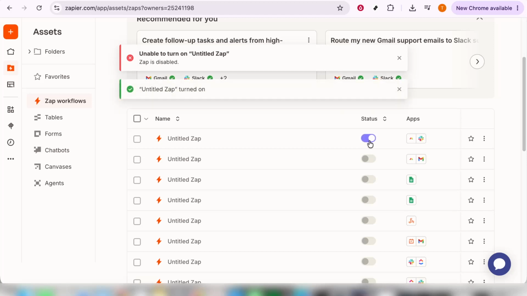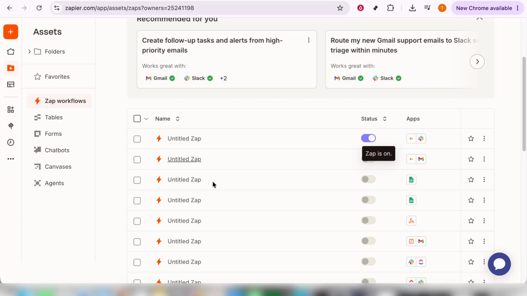By doing this, the automation will no longer run until you decide to switch it back on. While these steps are rather simple, they are crucial for effective management of your zaps, especially if you're juggling multiple ones. Disabling a zap when it's not in use or when you're troubleshooting can help streamline your processes and keep everything running smoothly. Should you ever want to return it to its former glory, you can always navigate back and